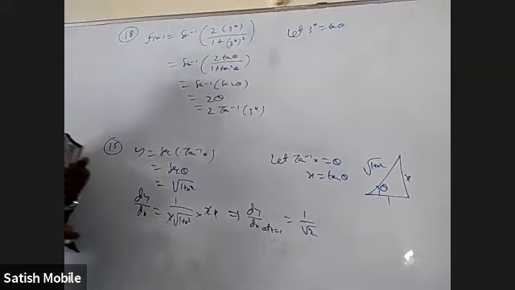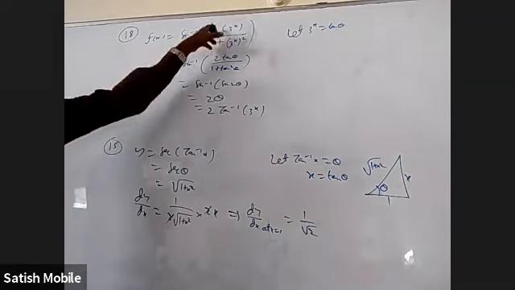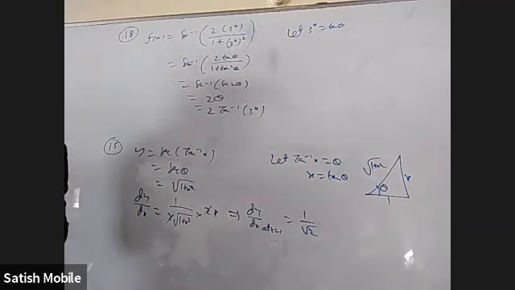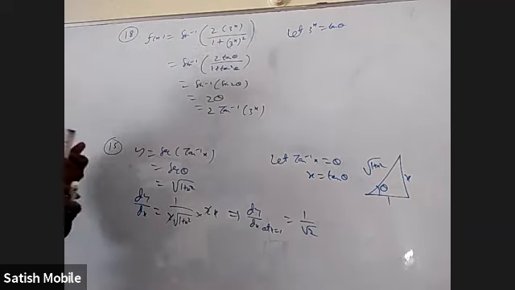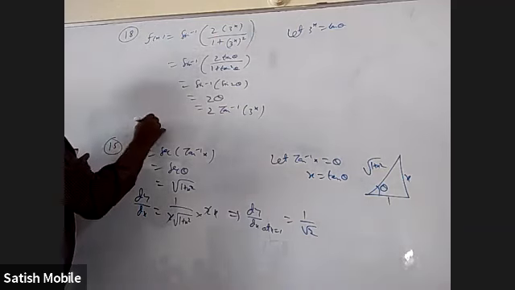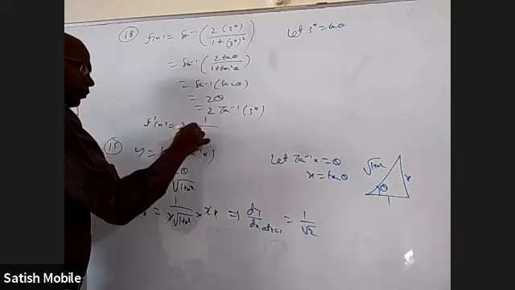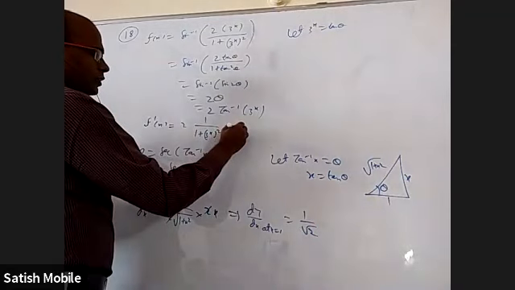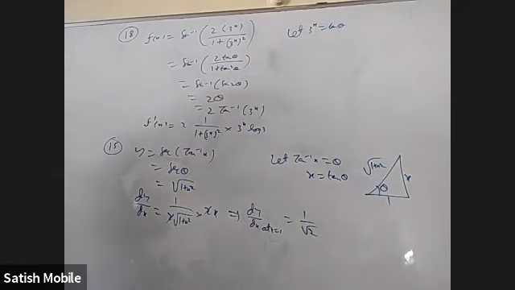Okay. If you directly differentiate, it will come lengthy. Not that it will not come. You get 1 by root over 1 minus this whole square, and then derivative of this is u by v rule and all. It will complicate it. By using inverse trigonometry, I equated this to this. Now I differentiate normally. What is f dash x? Derivative of tan inverse x is 1 by 1 plus x square, like that 1 by 1 plus 3 power x whole square, into derivative of 3 power x, which is a power x log a, so 3 power x log 3. Now they want us to put x is equal to minus half.